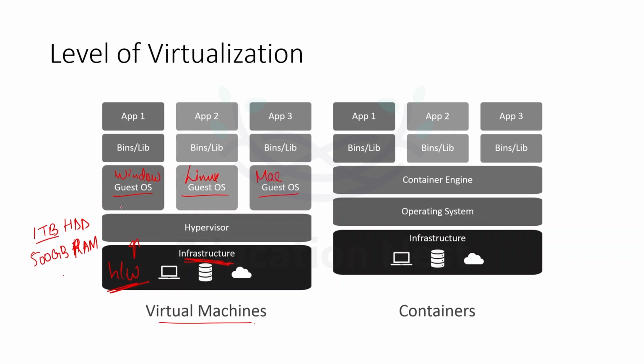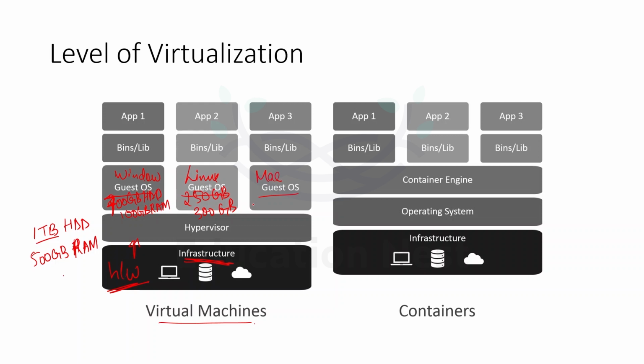With this guest operating system, for Windows I need, let's say, 200 GB of HDD and some 100 GB of RAM. So this would be provided over here. Now let's suppose here I'll just make it 700 GB. For Linux, if I want 250 GB of HDD, and let's suppose somewhere around 300 GB of RAM. These are just hypothetical numbers, again reiterating the same. Now for Mac, I want